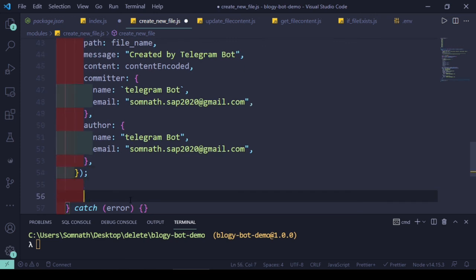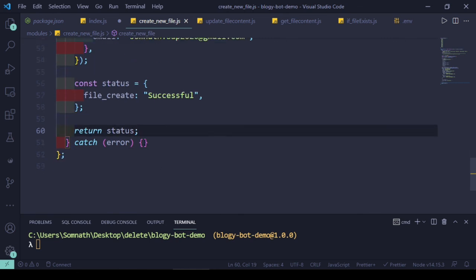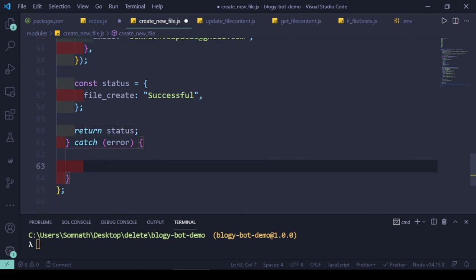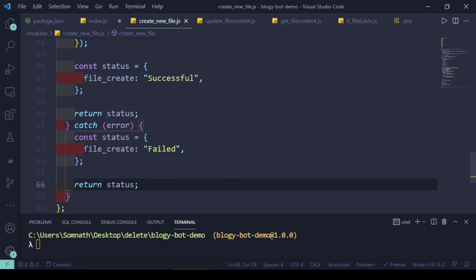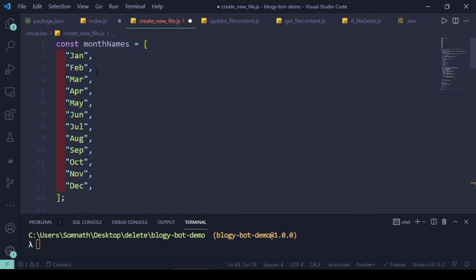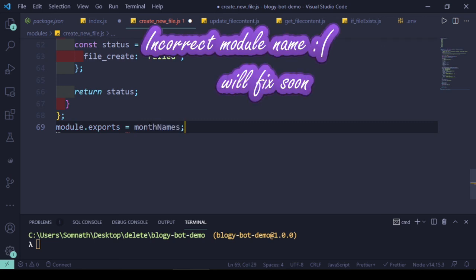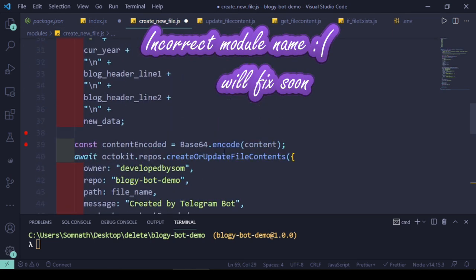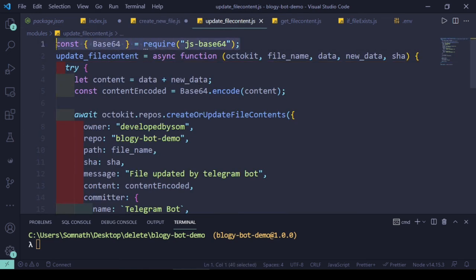And now set back the status like that. Let's do error handling. It should be failed, and I'll just return it from this module. So module.exports, and we'll copy this one, add it over here. Now one thing to be added, and that is, I guess we are using base64, so similar to our update content, we need this one as well.